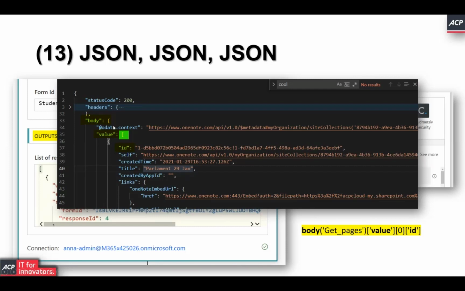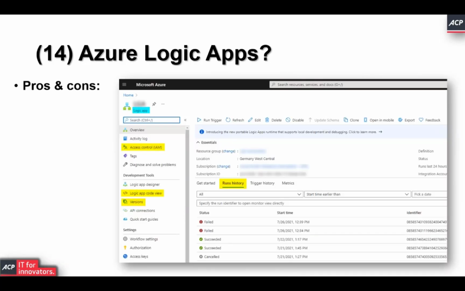So you can see here that you can actually traverse in Power Automate from body to value and to ID, loop through things and so on. So for Power Automate, it's really nice, easy to use, and it gives you the ability to work with very complex information very easily. I need to hurry up madly.